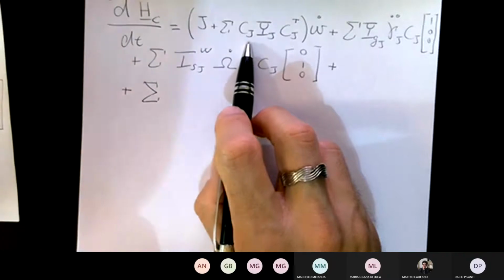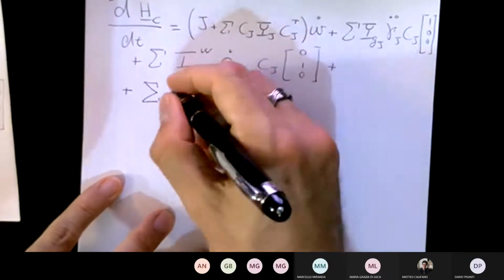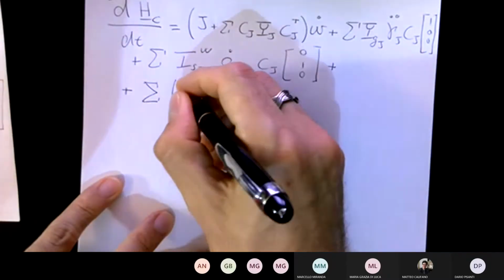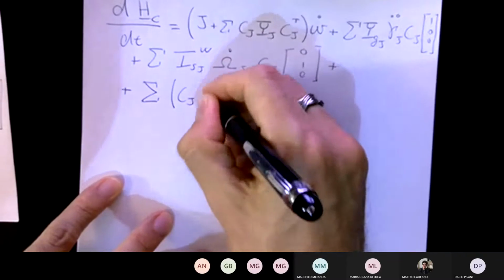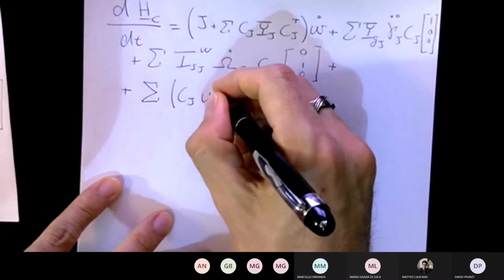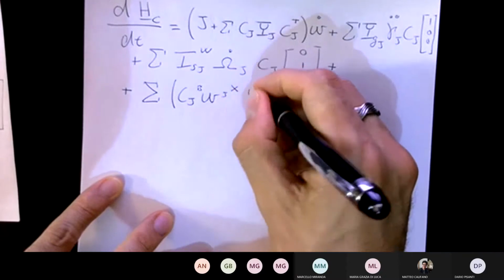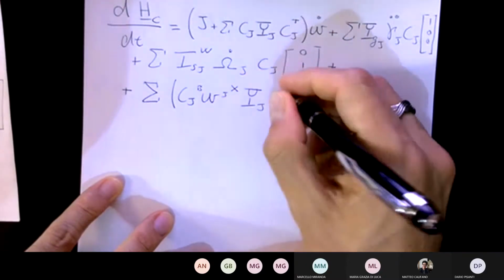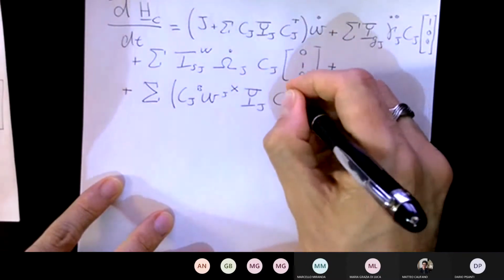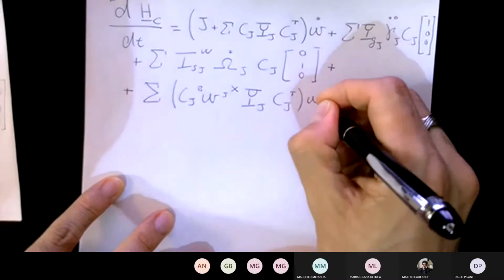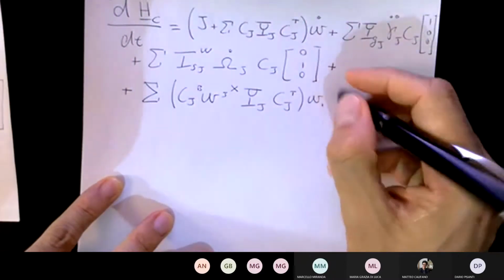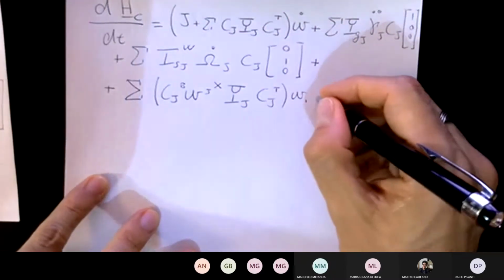Let's show to ourselves what that is, so that's going to give me Cj omega J with respect to the body skew symmetric matrix Yj that multiplies Cj transpose times omega b, omega, we just called it omega, and then I have